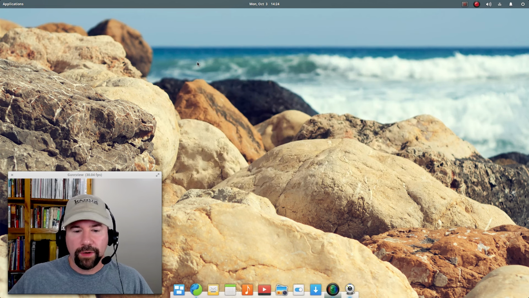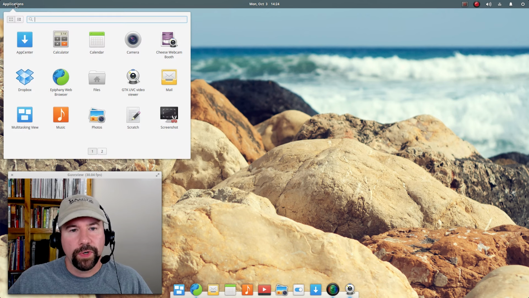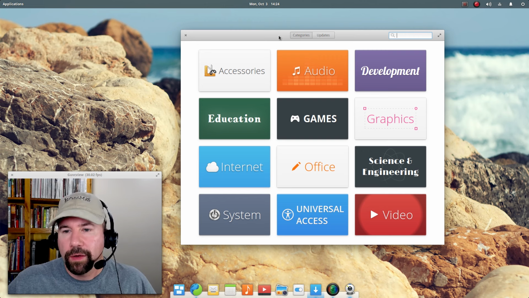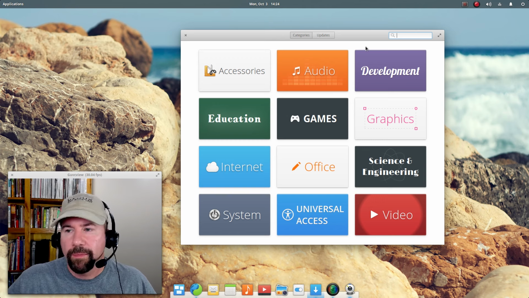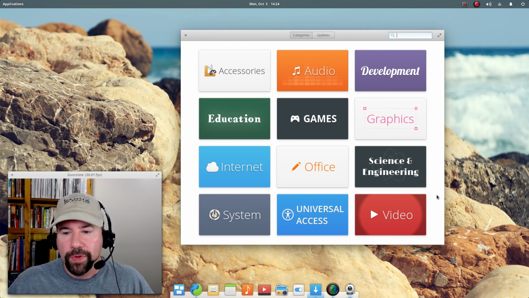And kind of the final application I'd like to take a look at is their software center, or they're calling it an app center. Now at first, when I first opened this up, I thought that this was Gnome Software, but from what I've been reading, it's their own creation. I don't think it's a fork. I think it's from scratch. And kind of playing around with it, really nice